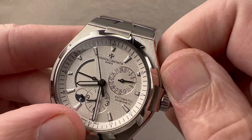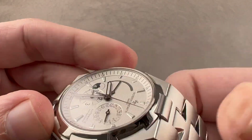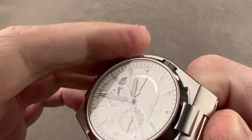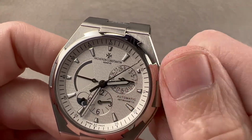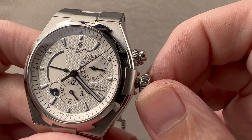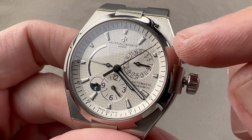We have a little screw down pusher adjuster that can be used to adjust the radial date, and the watch includes a screw down crown that allows you to operate the dual time functionality. Now, what's important here is that the Vacheron system uses this little screw-down pusher to actuate the quick set for the date, whereas the JLC version has a little dimple that you have to actuate with a pusher tool, so the Vacheron doesn't need a tool to operate the